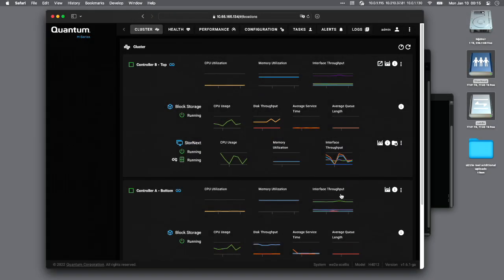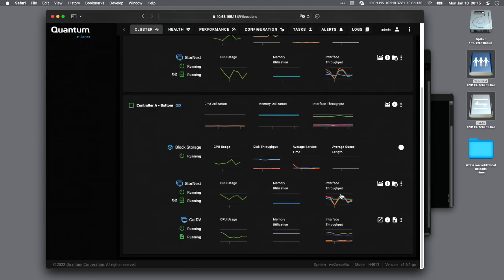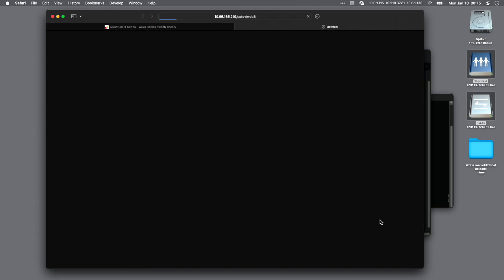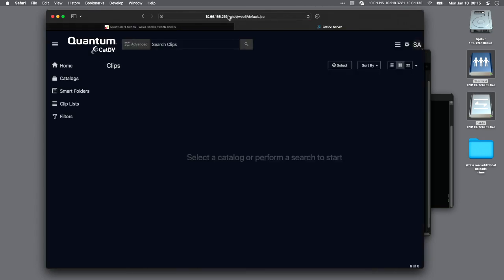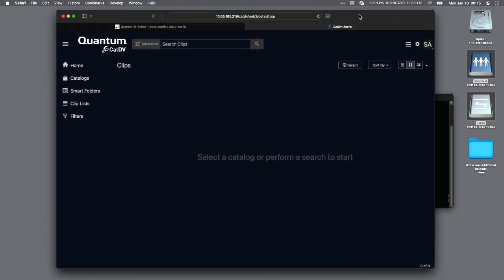I want to now open up CatDV. Well, here's a shortcut to do so. On controller A, remember, on both controllers runs the QCSP, the block storage environment, the StoreNext environment, and the lower controller runs CatDV. So I can launch the CatDV UI. I can click on this, and it opens the IP address associated with the CatDV